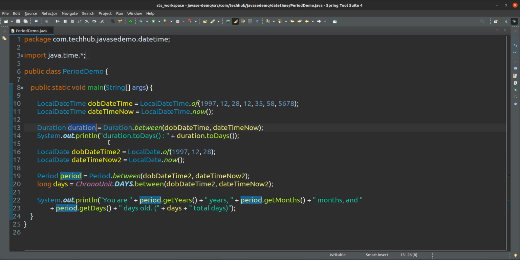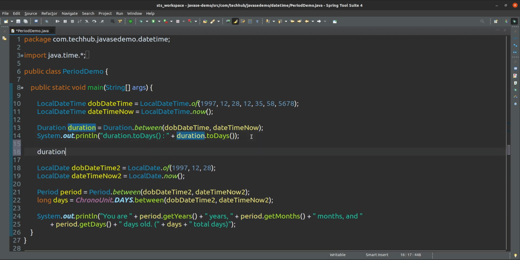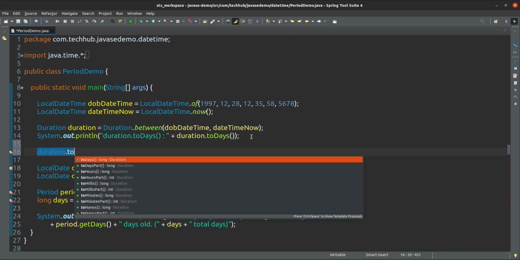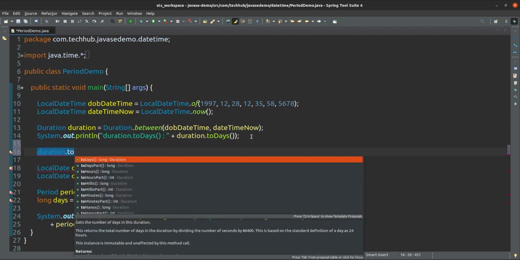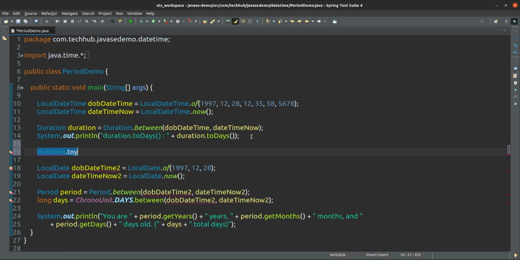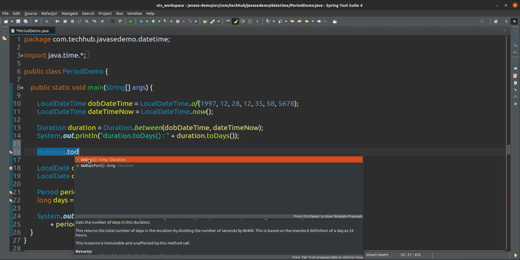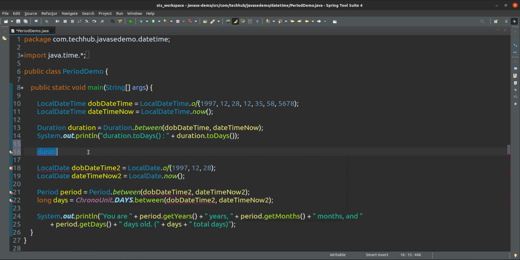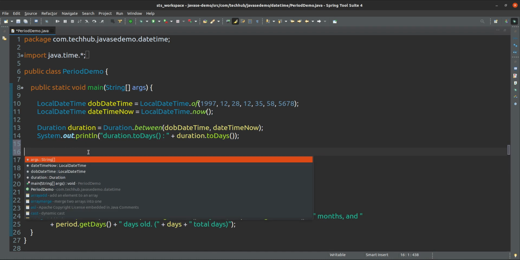I think from duration also we can get days only, not months or years. Only days are there. In days we can count, or hours, minutes or seconds we can count, or nanoseconds we can count in duration.